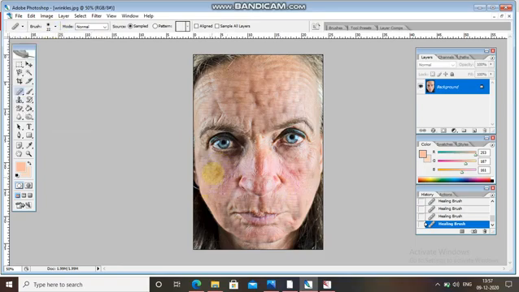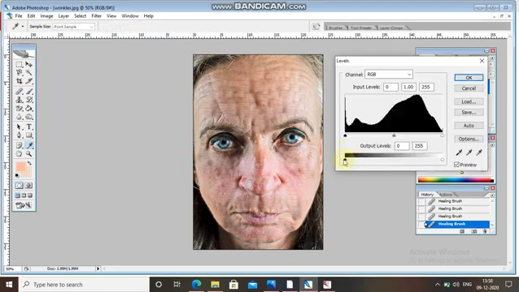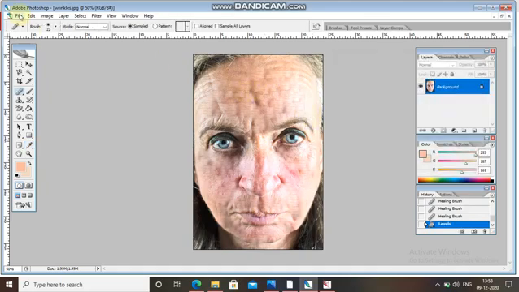Yeah, see, earlier how it was and now it is. Okay, and adjust again. See, I have not done much. Okay, so by this you can do, and you can just take a brush tool.